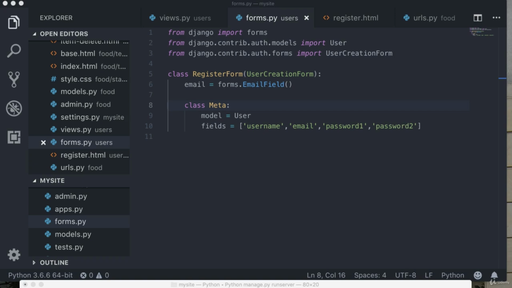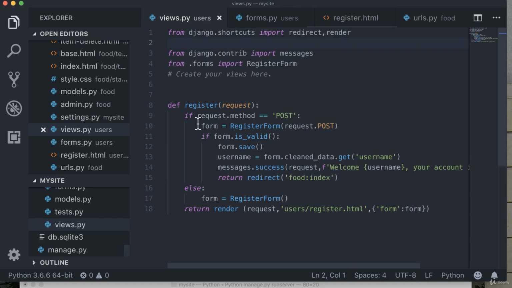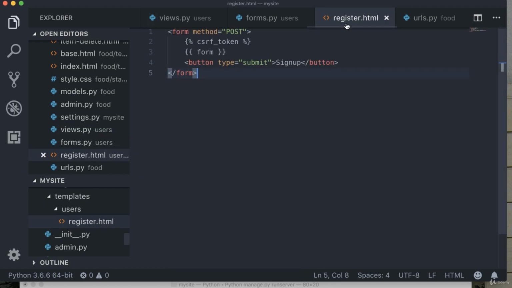Hello and welcome to this lecture, and in this lecture we will learn how to implement the login and logout functionality. In the previous lectures we created the registration functionality, and the way in which we created that functionality is that first we created this view right here, which was called the register view. Then we created this template as well,